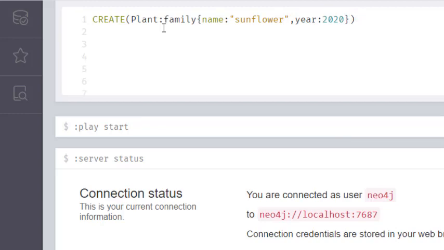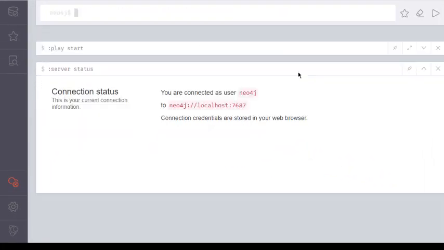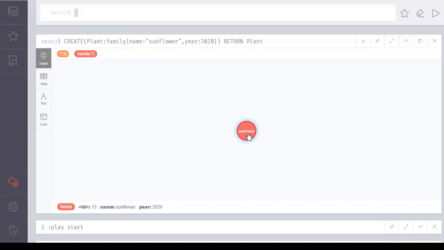Okay, now if we try to return this node with its label plant, it should give us our immediate sunflower node. Okay, so you get the idea. When you wish to return a particular node, you can use a return keyword along with the node. So here we are using plant as the label of that node, and it will give us that